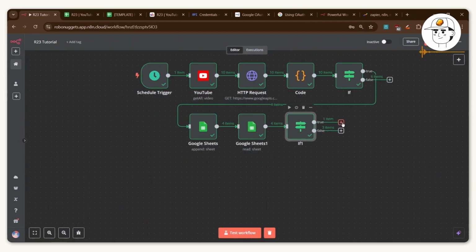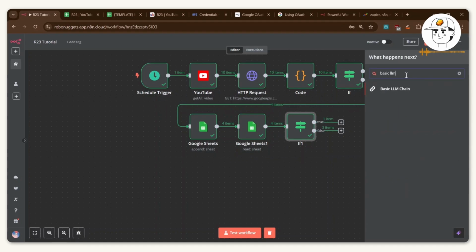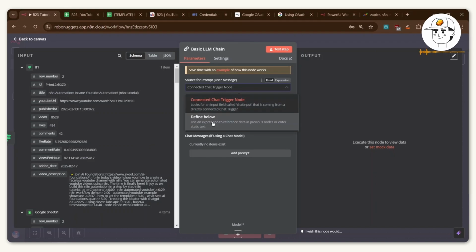So now, what do we do with this remaining 1 item? If you just extend that and look for a basic LLM chain, this is now where we will call for our AI agent to summarize for us the top performing video and how we can potentially be inspired from that. So now to set this up, just change this source for prompt to define below and under this text,